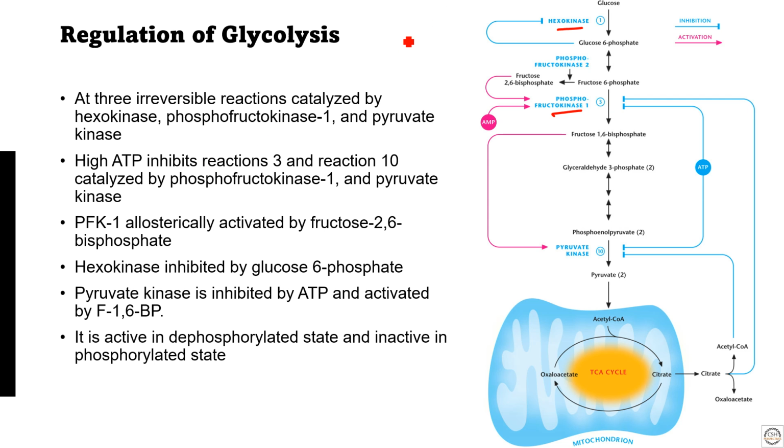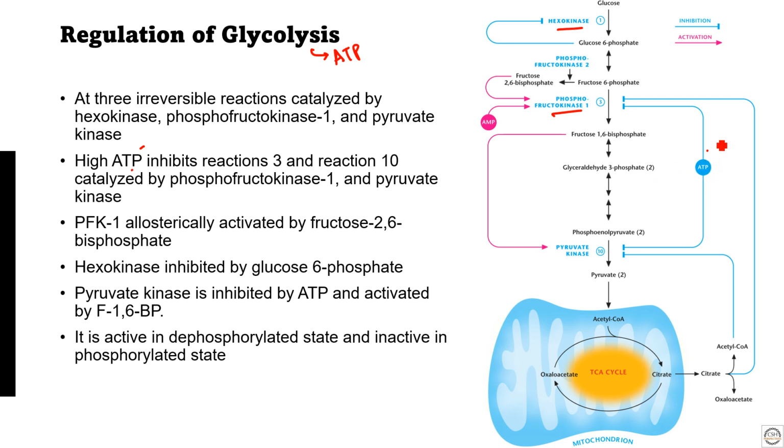One very basic thing is that glycolysis will only take place when ATP is required, or when there is a deficiency of ATP in our body. If there are a lot of ATP molecules in the cell, then the cell would no longer require the glycolysis pathway, so the pathway will be inhibited. So high ATP will obviously inhibit reactions 3 and 10. This is one of the figures which has been taken from